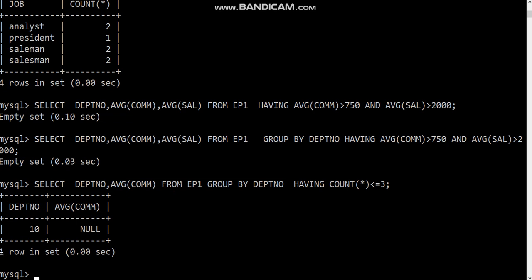Similarly you can use the in operator, and you can use the between operator also. Fine.